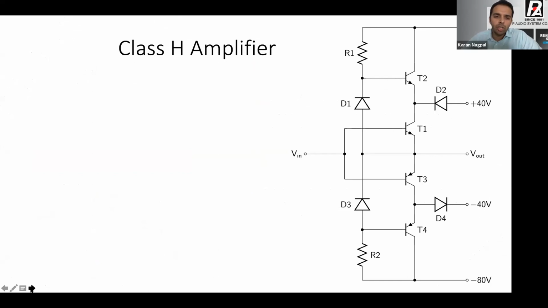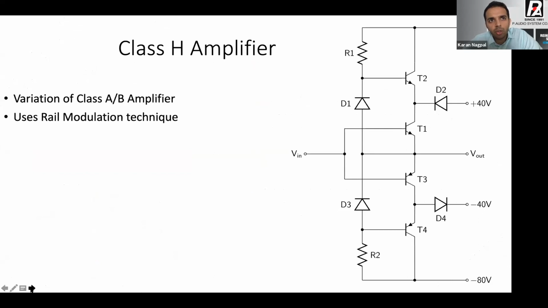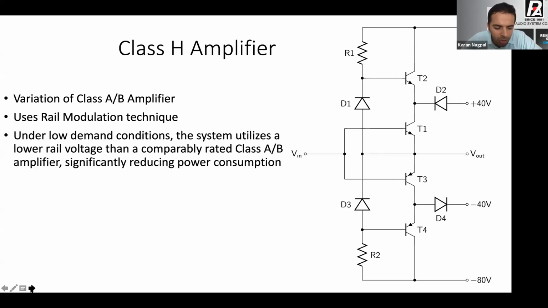The difference between class G and class H: class G has different rail voltages, while in class H it's tracking the signal to vary the rail voltage to a certain value. So typically in some of our amplifiers that we sell, we have two rails, one of which goes up to maybe 30 volts, and the other rail goes up to almost 80 volts. So 35 and 80 is what some of our amplifiers use, and it's more like rail tracking or rail modulation, like I've written out here, where the rail voltage is modulated to increase it rather than switching to different rails.